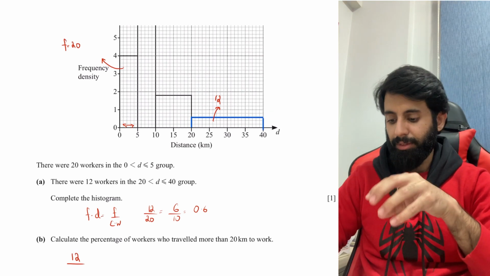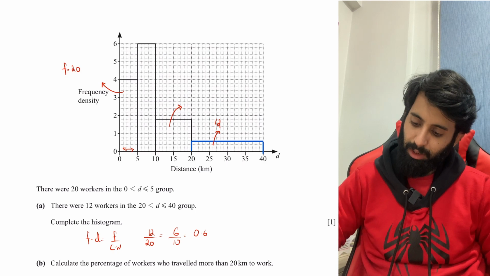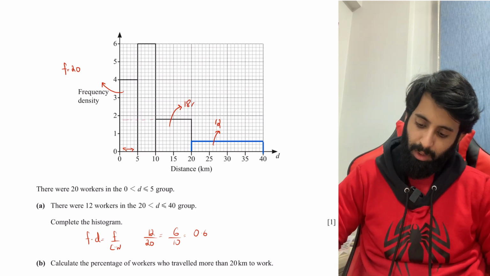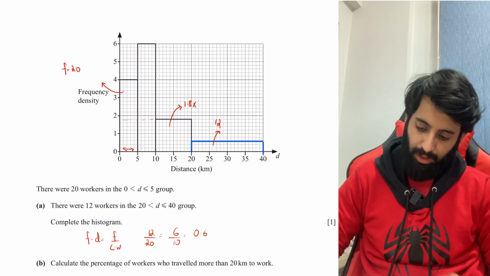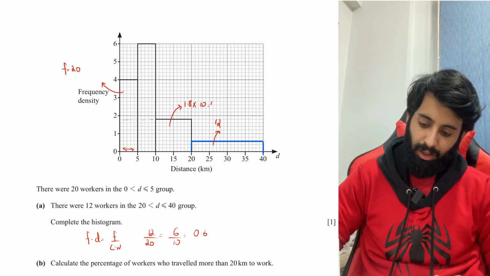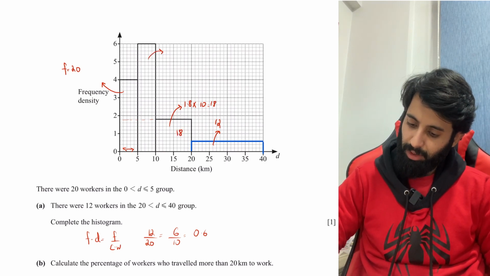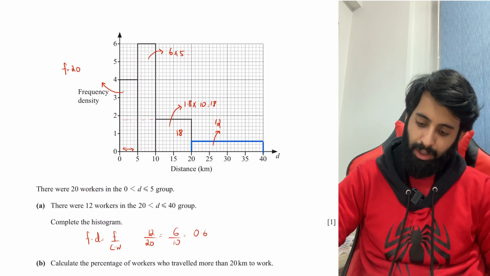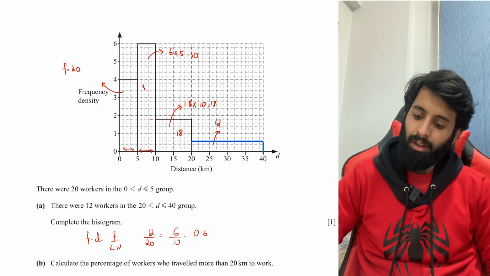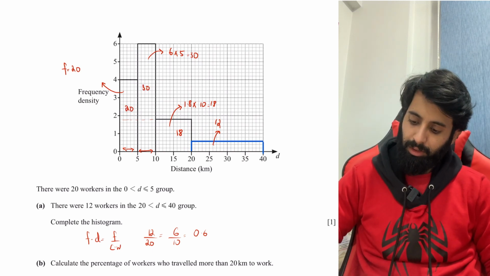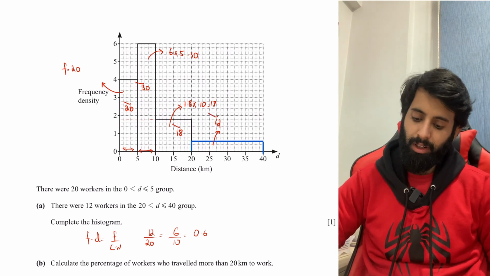That means I need to find out the frequency of every individual class width. So if I want the frequency for this, I'll do the frequency density, which is 1.8, sorry, not 18, but 1.8, multiplied by the class width, which is 10, so that's 18. So we have 18 people over here. And then if I want the frequency of this, I'm going to have to do 6 multiplied by 5, so that's 30. In case you're wondering why 5, the difference between 5 and 10 is 5, therefore 30 here, and 20 here. So 20 plus 30 is 50, 50 plus 18 is 78, 78 plus 12 is 90,